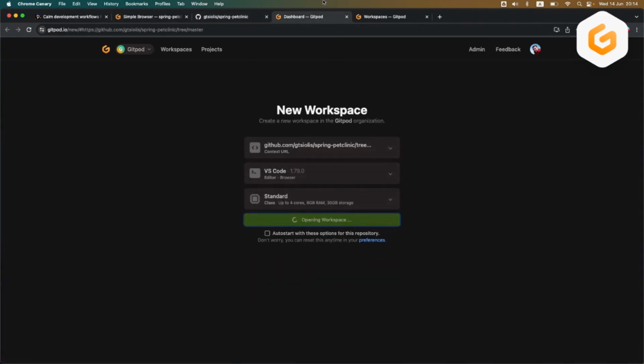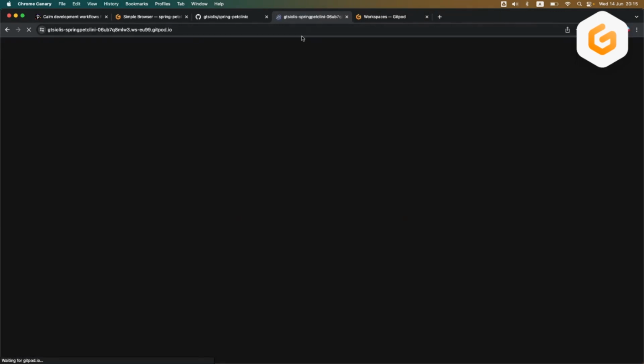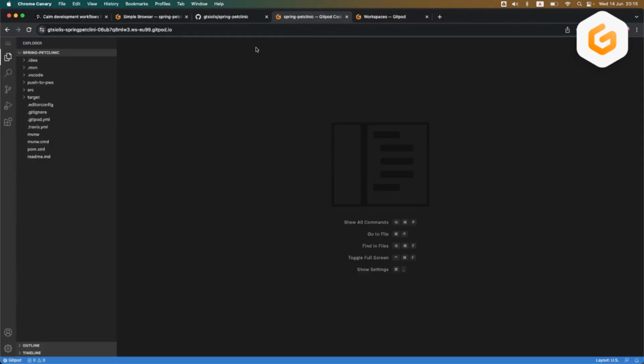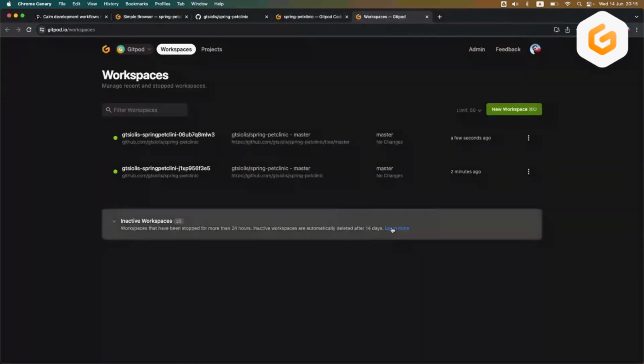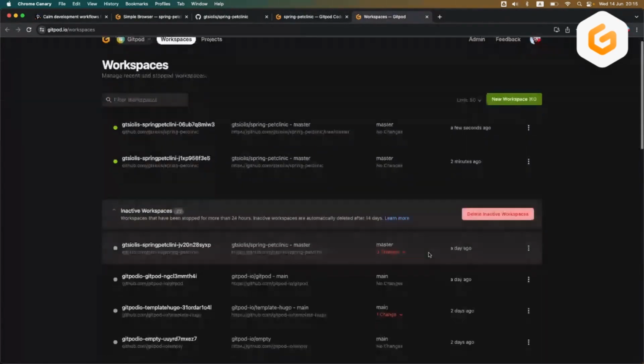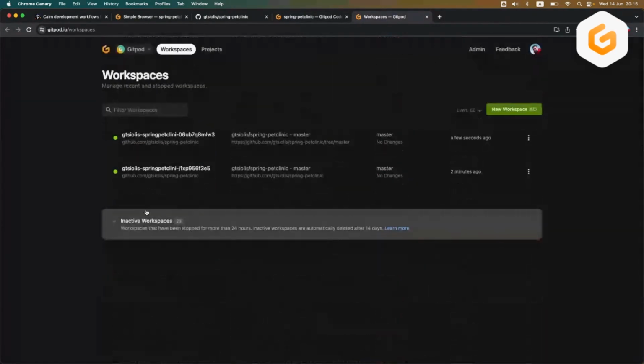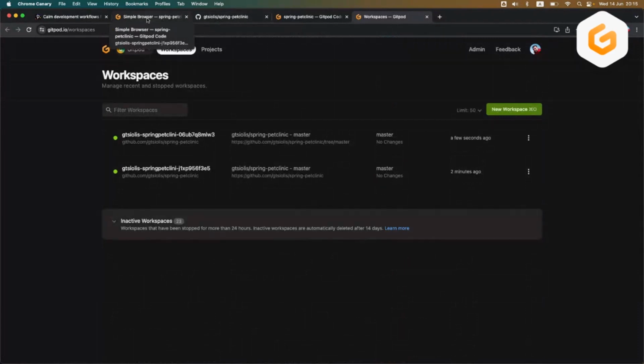And you can open a new one, close it, and you no longer have to worry about it. You can go back to the repository, just start fresh and create a new workspace. So this is about the ephemerality concept. I know it's a new term for some, but you get used to it after using it for a while. You no longer have to worry about it. Also, these get garbage collected. After a few days, all of these workspaces get deleted automatically.